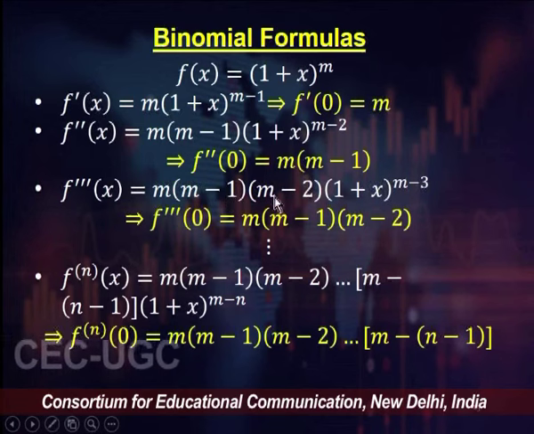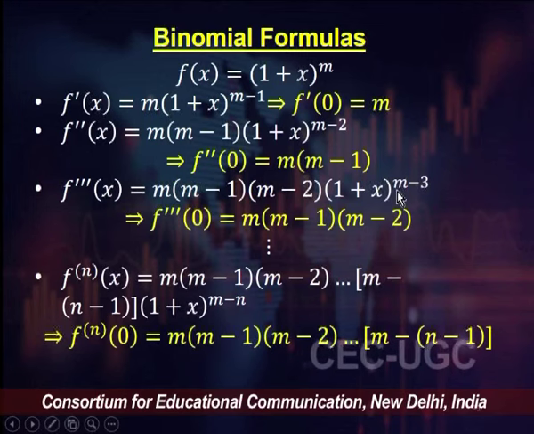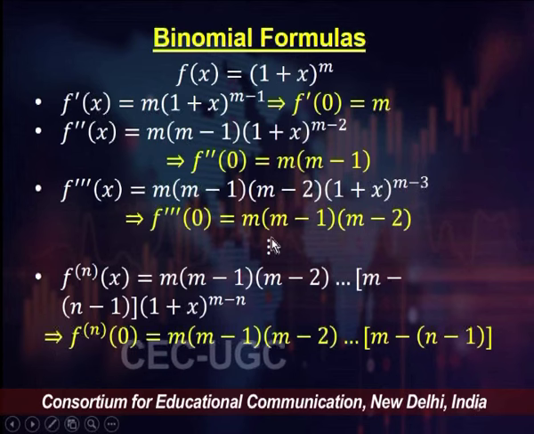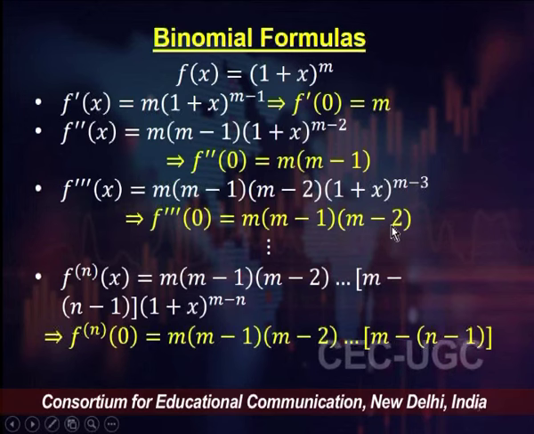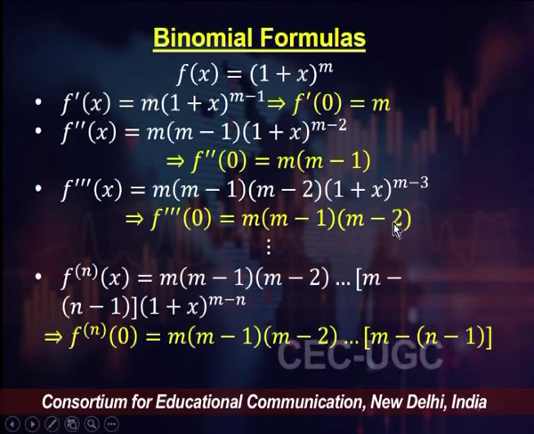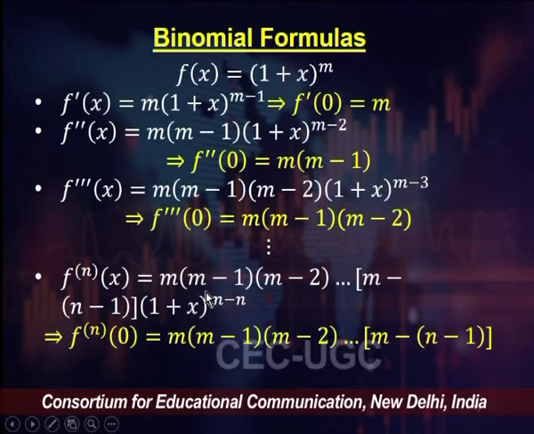The derivatives in general take this form. If you look at the factors, you're stopping at 1 less than the order of the derivative you're taking, and the power of 1 plus x is m minus the order of the derivative you're taking. Just note these 2 points. And if you look at the derivatives evaluated at 0, you're going down just that many steps, so that the last factor is m minus 1 less the order of the derivative that you're taking. So for the third derivative evaluated at 0, you have m times m minus 1 times m minus 2. Similarly, the nth derivative of x would be m times m minus 1, and so on till